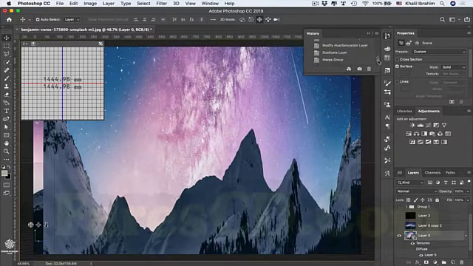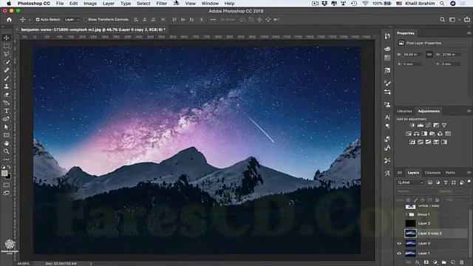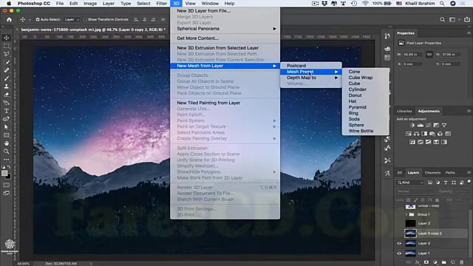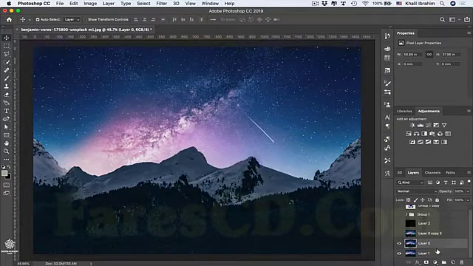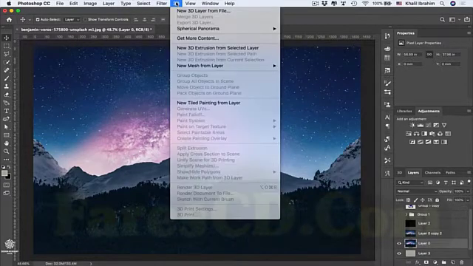in Postcard. And here we have that step, going back, discovering more at 3D again. New Mesh from Layer, we covered that one. We have Mesh Presets where we can select from any of these presets. And let's start, for instance, by selecting Sphere. But before we do that, let me select that layer once again and maybe add a new layer below that one, including a black fill or maybe a foreground fill. That would be nice. And make sure you're selecting your layer once again, going back to 3D and New Mesh